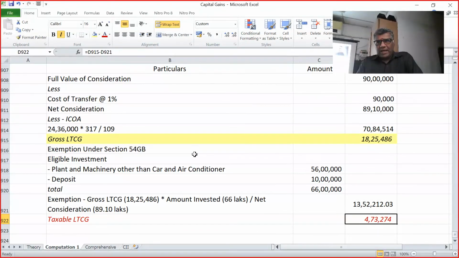Gift or inheritance, that will not change. It should be again the cost of the indexation of the previous owner. And conversion of instruments. Then we saw for listed shares how to work out, especially purchased before 31/1/2018. And we also remember the small exemption of 1 lakh being given. So like that, we completed those things and then walked into depreciable assets.